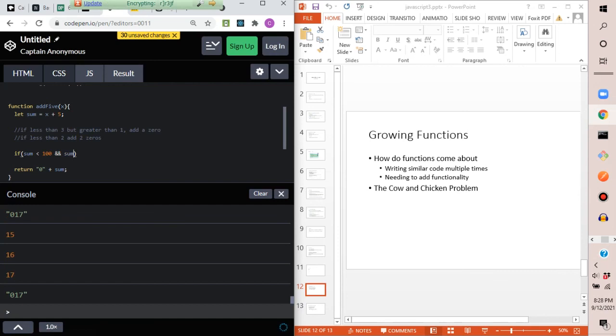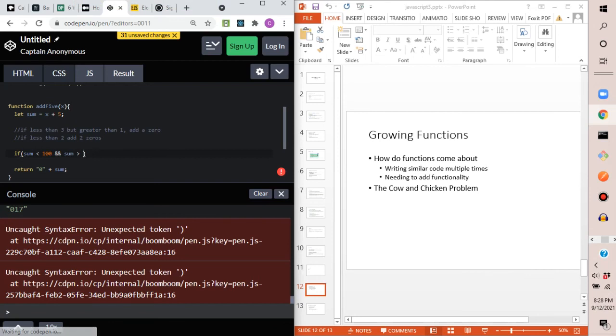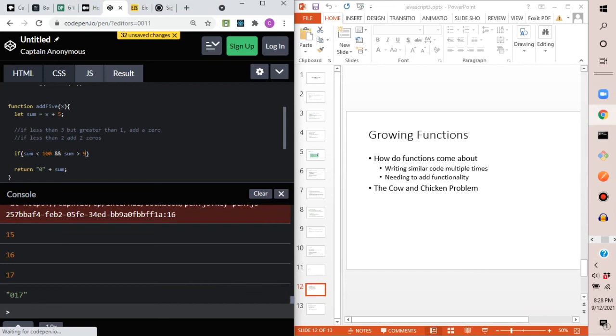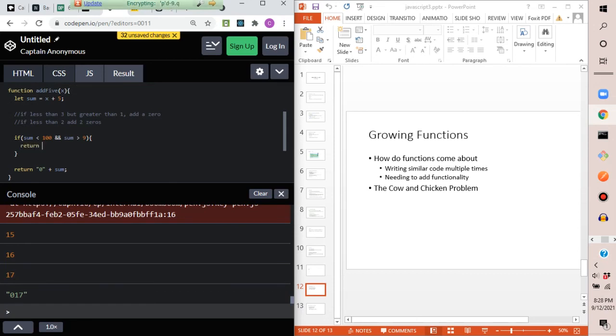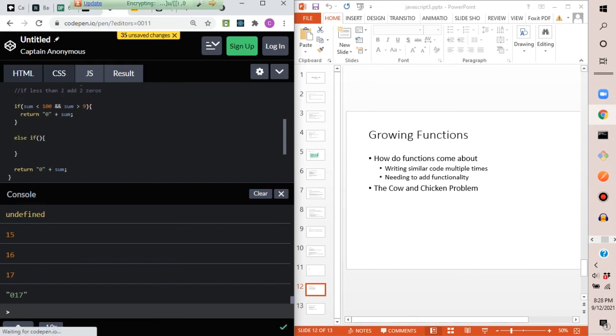And if sum is greater than the tens place, so if it's greater than 9, so everything between 99 and 10, all inclusive, right? We're going to return the expression statement, return 0 plus that. Yep. But else if, now we have to check